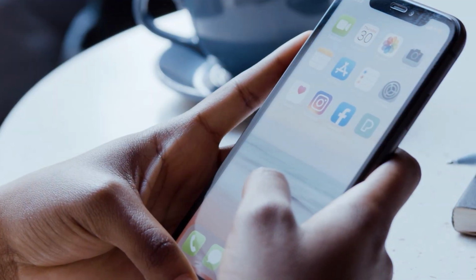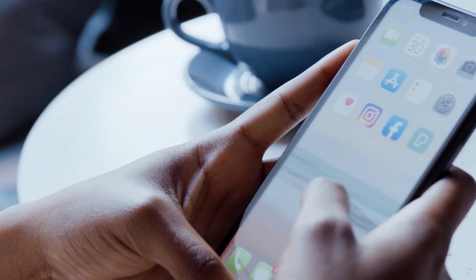Now let's talk about how to market your digital product on different platforms. If you use social media, that is a great way to start. You can share information about your digital products in your Instagram feed, in your stories, in your TikToks, on Facebook, anywhere you can think of. You need to talk about not only your product, but you need to let people know why they need your product. They may not even realize they need it.